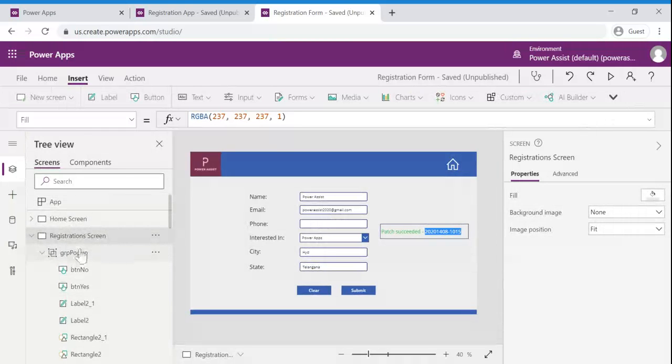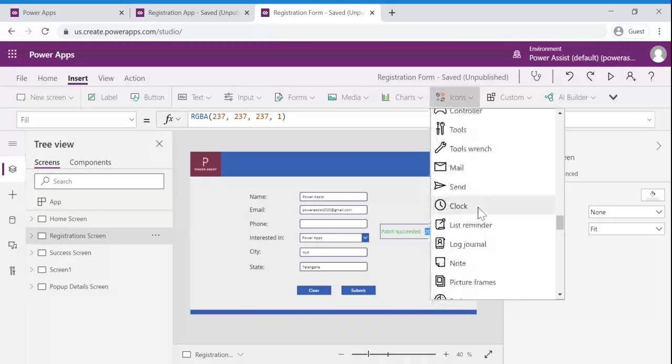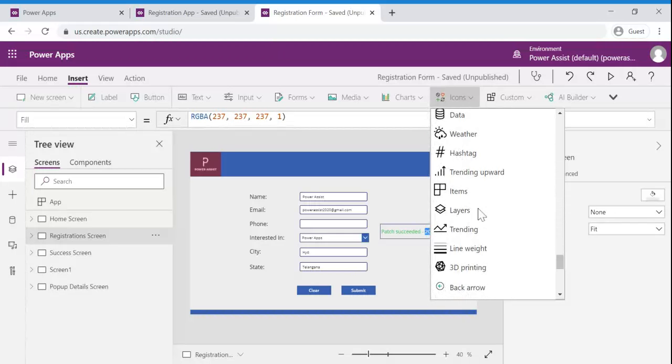And in the same way, if we want to show some information, we can achieve the same thing. Let us check that. Let us go to icons and take the information icon, which is available out of the box.